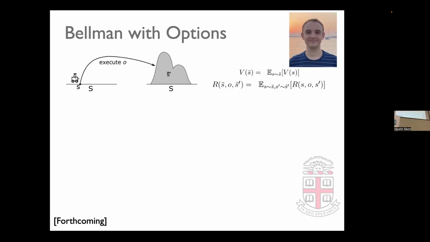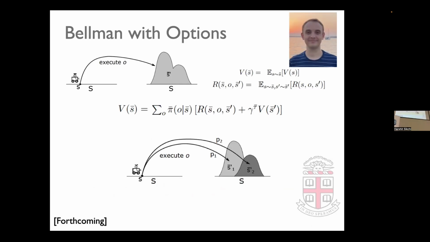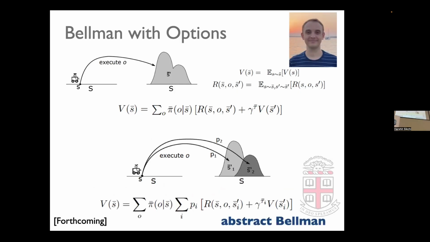And so if we decide how that state should be distributed over states, and you think about executing an option and landing in a distribution, and you say the value of an abstract state is the expectation over that distribution, then you can do a little bit of math and you get a backup. Okay, so what that means is that you should think about an agent as somewhere between distributions of states at a high level. The distribution of states is your abstract state at the high level, and if you write the math that way, the Bellman equation downstairs and the Bellman equation upstairs have to be exactly the same. So that's the abstract Bellman equation.